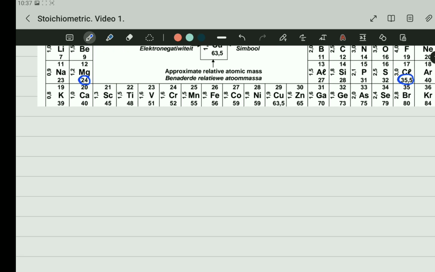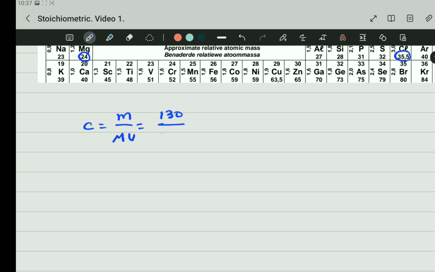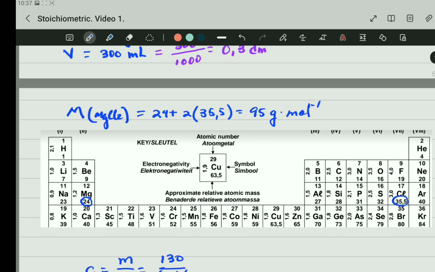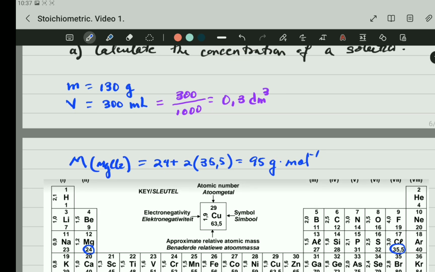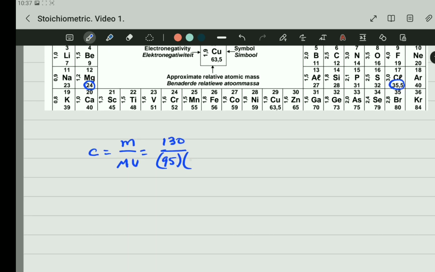So the most suitable formula to calculate concentration will be equal to mass divided by molar mass multiplied by the volume. The mass is given to us, 130. The molar mass we just calculated and was equal to 95. And the volume is given to us, it is 300 milliliters converted to 0.3. And so when we calculate this one, we have that the concentration will be